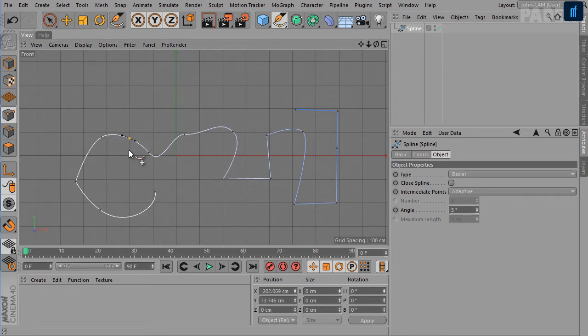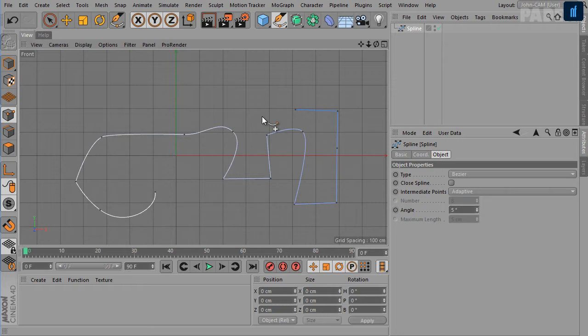So we have inserted a point there, and control clicking on a point will delete it, and a ghost preview will also be displayed that will show you where the new connection will appear. So if I control click on this point here, the new connection will go from here to here, as we can see in the ghost preview.